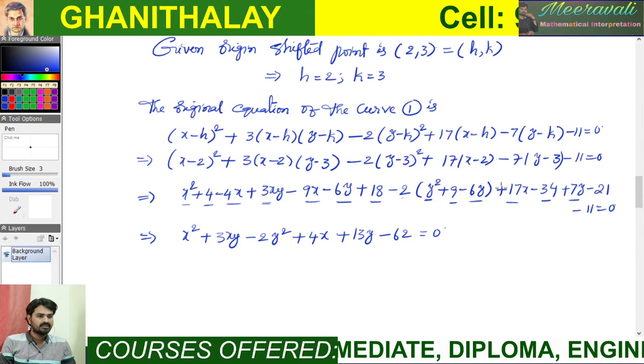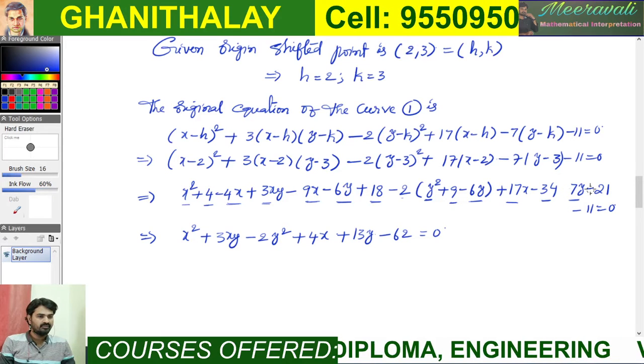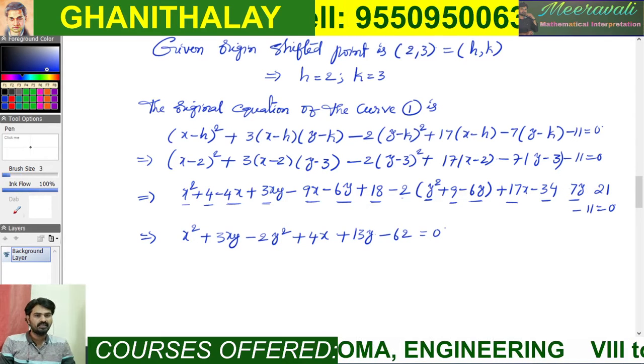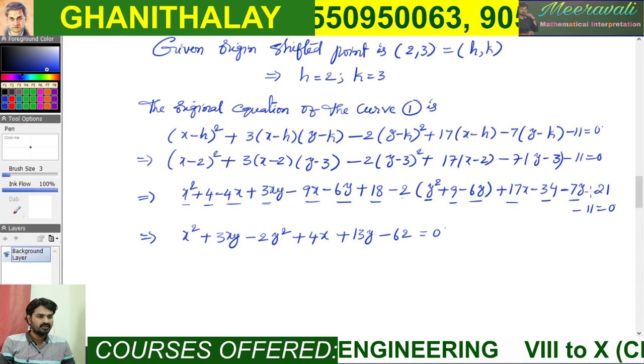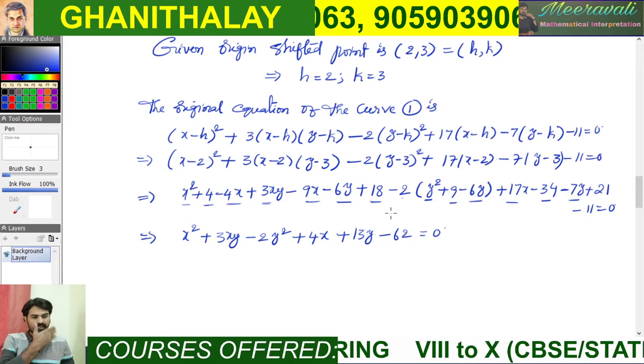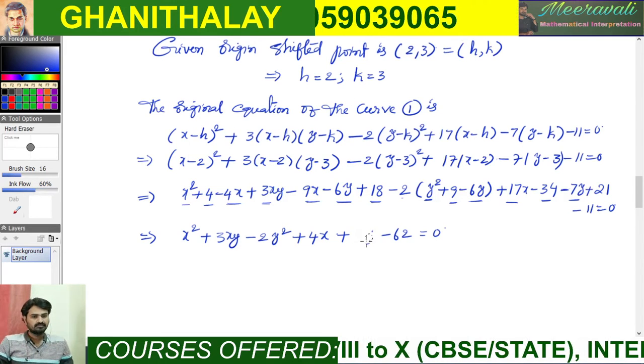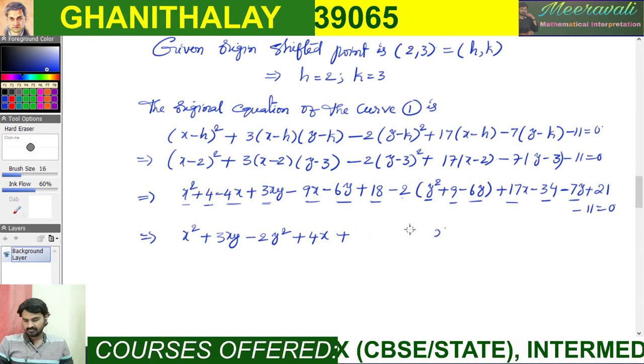Next, simplifying here, you will get the signs changed, that is here minus 7y, next plus 21. So finally these two terms are mistaken,